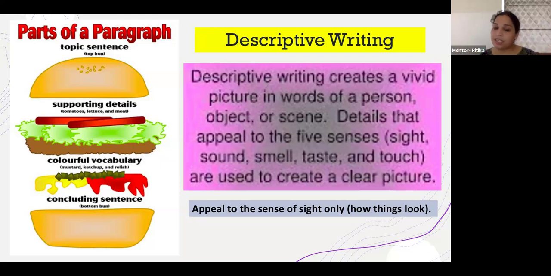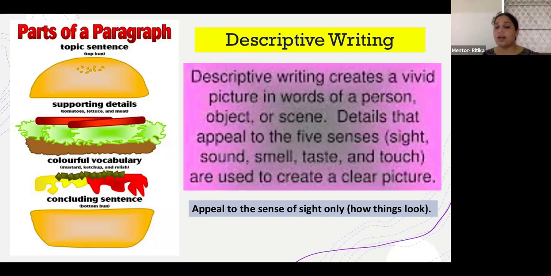And similarly in descriptive writing also, we always start. Descriptive writing is like describing any topic, whether it's a place, a person, an event, a concert, an exhibition, a science competition or any kind of competition, or a scenery, isn't it? Descriptive writing basically deals with describing a place by evoking imagery, by using a lot of descriptive words, that is adjectives, but not overdoing adjectives, of course. People usually think that descriptive writing means using a lot of adjectives, but that is not true.